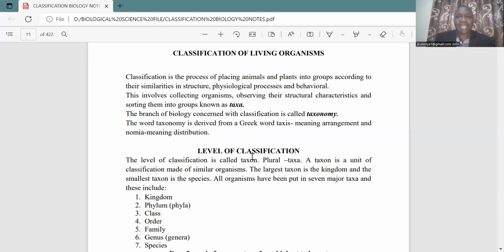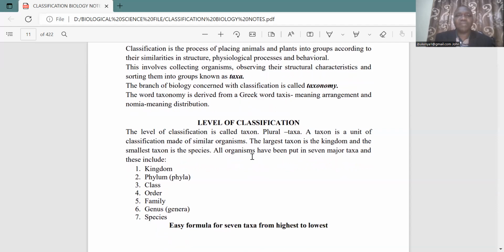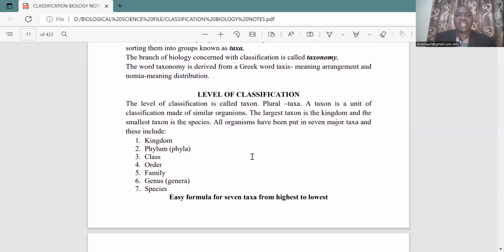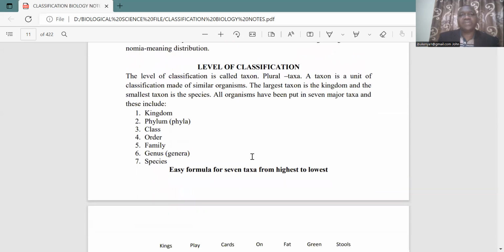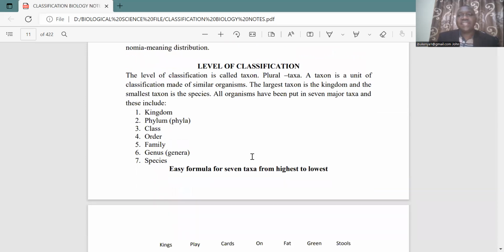So as I said, I decided to give you simple notes so that I don't complicate your life. We are going to cover the simple biology of classification that you know. And in these levels of classification, which we call taxonomic grouping, what you are going to add there as number